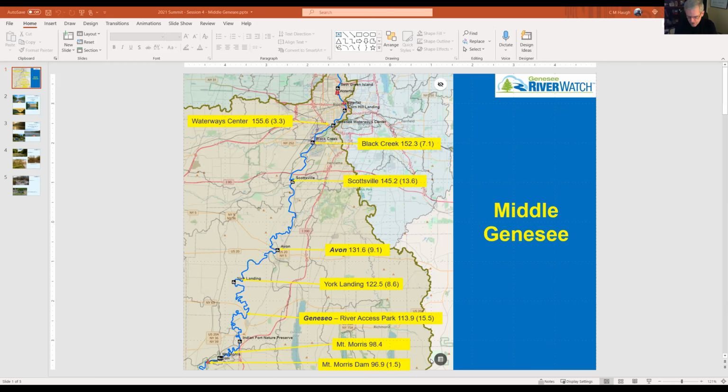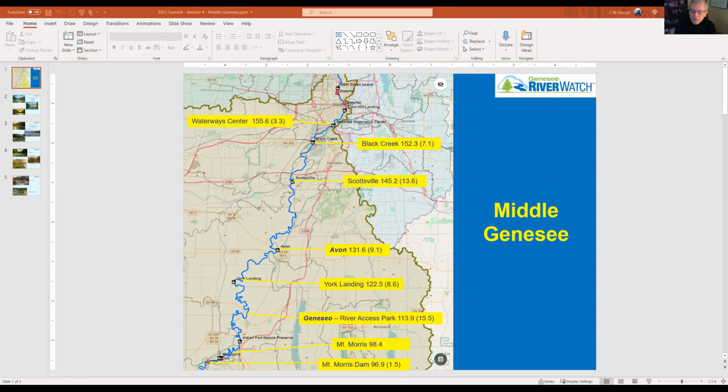But in that stretch, at least, there are a number of areas where the banks are extremely high. I think one of you mentioned that in terms of an access point, and I'll talk about that in a minute. But there's some banks in there that are 30 plus feet high that were eroded out in all probability